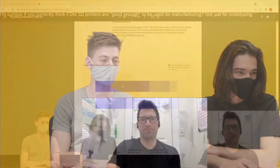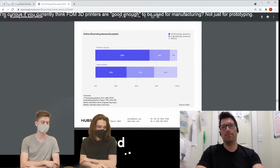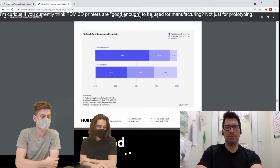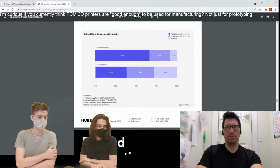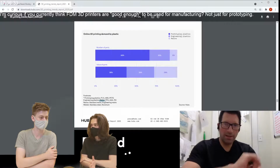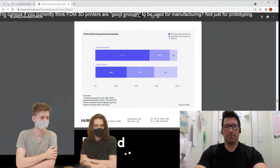I did pull up that study in case you were interested. You'll see it on the stream in a second, but it had the numbers that 3D Hubs published. Let me just switch to that really quickly. So for 2020, the total quantity of parts printed in PLA, ABS, PET-G, so that's definitely FDM, was 66%. They also have a number for nylon, TPU, ASA, PEI. TPU and ASA are almost definitely FDM as well. Nylon can be maybe SLS, but if we take it as most of these being FDM, somewhere between 66 and 91% of all parts printed on their platform last year